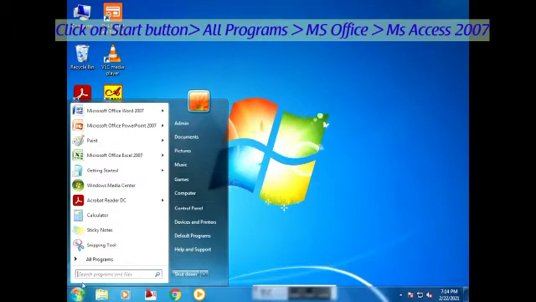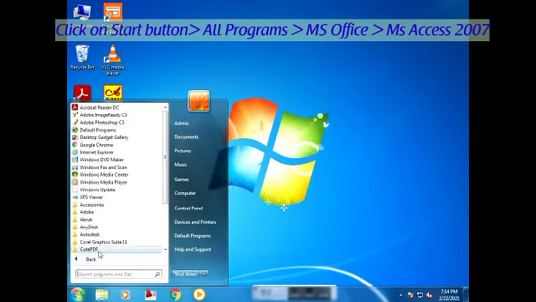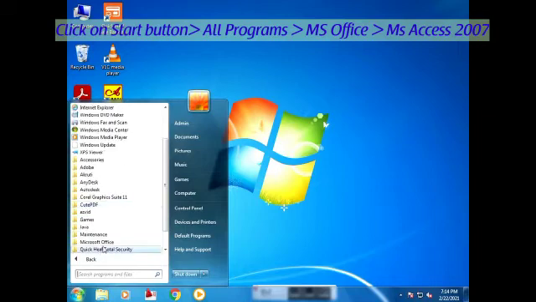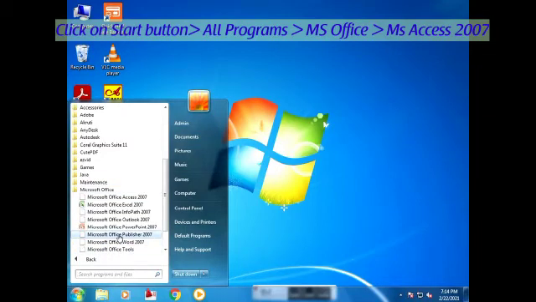To start Microsoft Access 2007, click on the Start button, All Programs, Microsoft Office, and select Microsoft Office Access 2007.